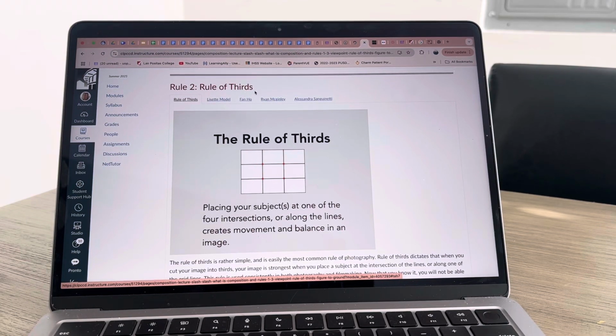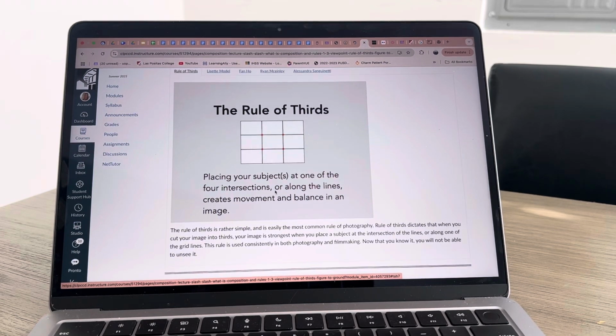Rule 2, rule of thirds. The rule of thirds. 1, 2, 3. Placing your subject at one of the 4 sections along the lines creates movement and balance in